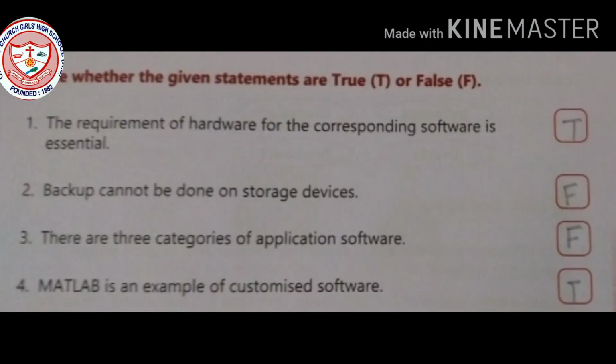State whether the given statements are true or false. The requirement of hardware for the corresponding software is essential: true. Backup cannot be done on storage devices: false. There are 3 categories of application software: false, only 2.